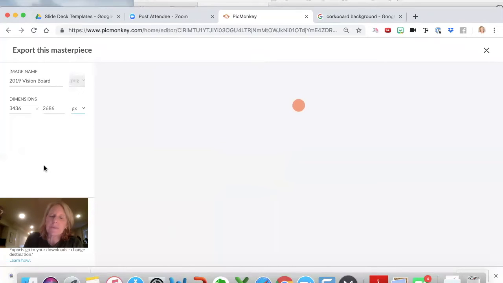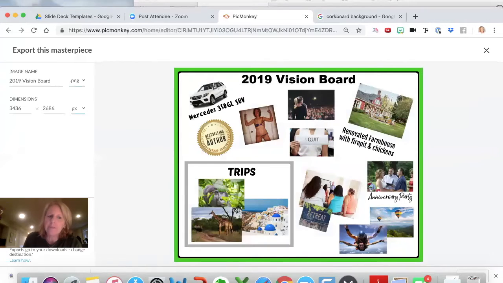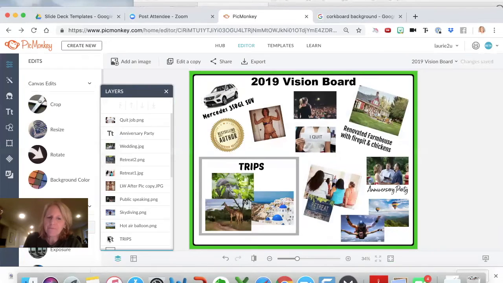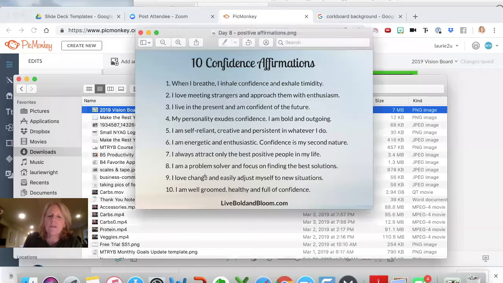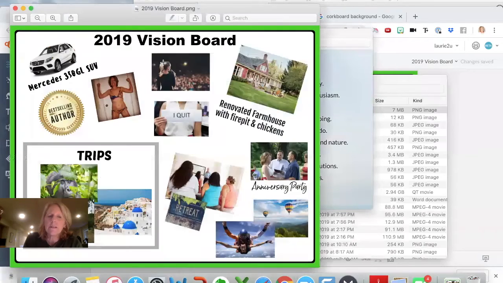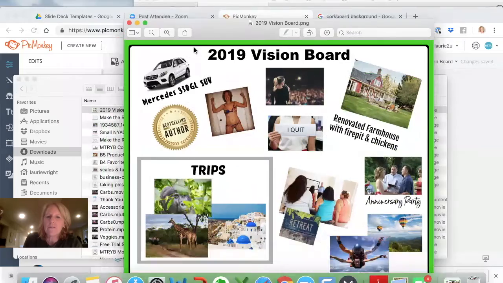You don't really need to worry about that because you use the template for 8.5 by 11. So it's going to be an 8.5 by 11 piece of paper. And then you export to computer, and it's on my computer now. So now when I go to my downloads directory, I see my vision board, and that is my vision board.